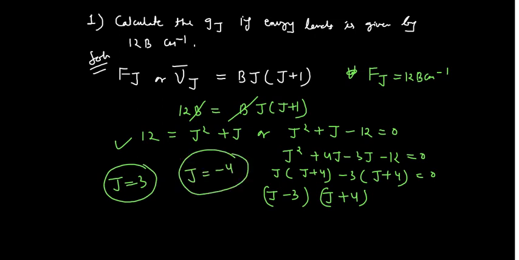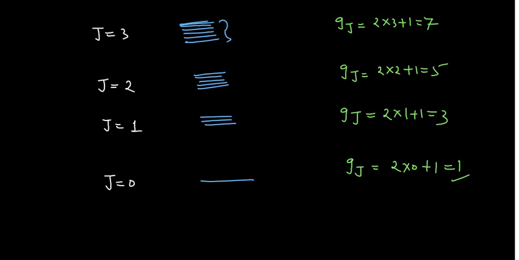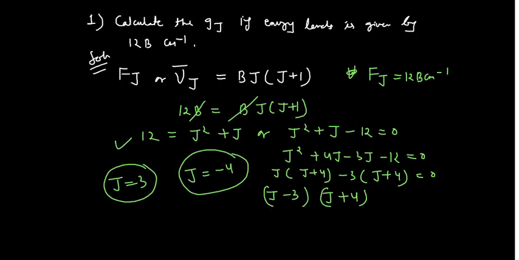You know, if you go back, you know the degeneracy is what? It is in odd numbers, 1, 3, 5, 7, 9, 11, 13, 15 and so on, right? So if you know this thing, then j equals to minus 4 cannot be your answer, and you know this degeneracy cannot be negative. So in that case the degeneracy is 3. So this is how you can calculate. That means the system is triply degenerate. So this is how you can solve the simple problem.